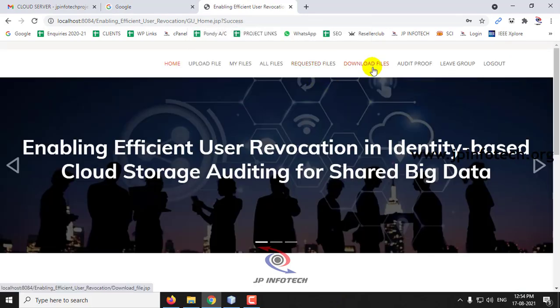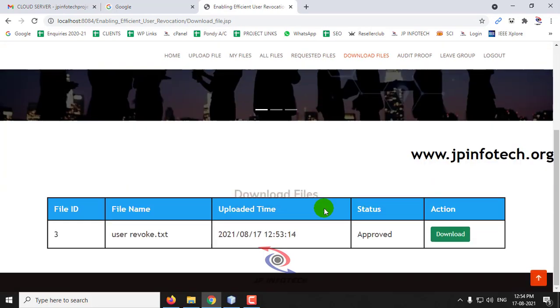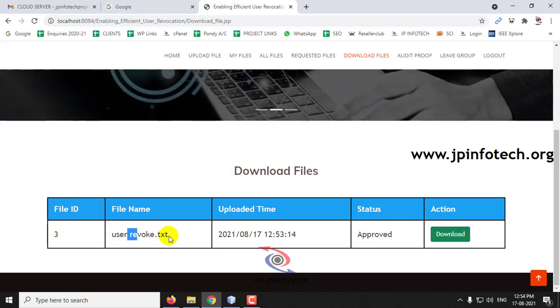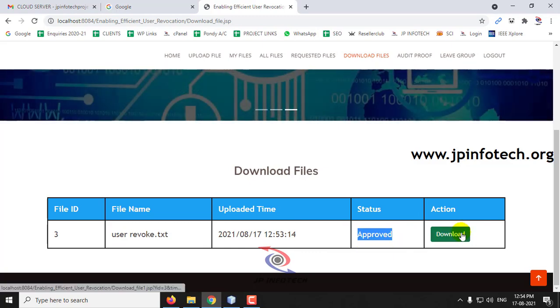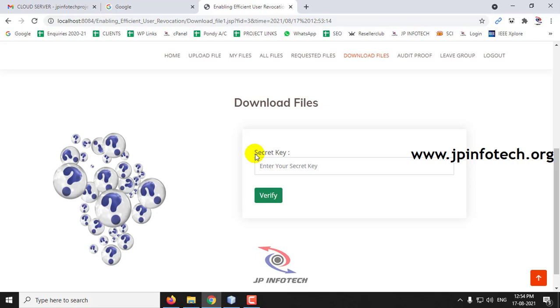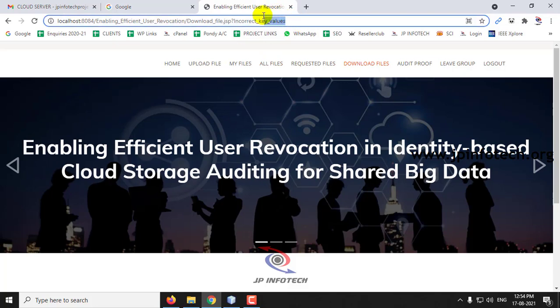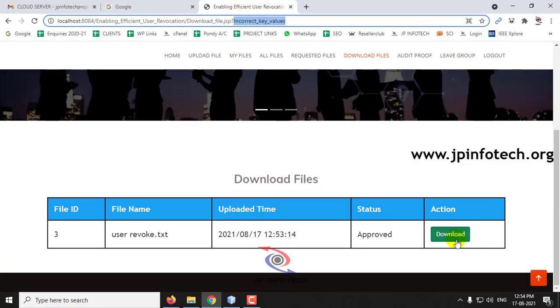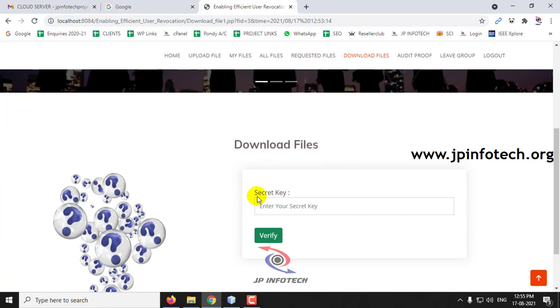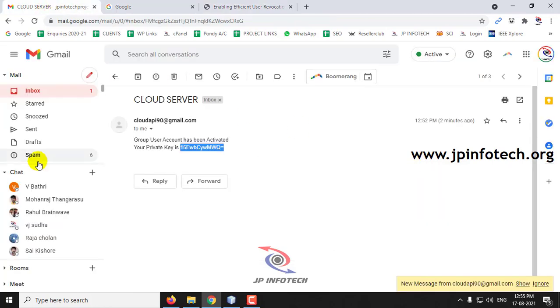And now if you go to download files, here you can see the file ID with the file name which we requested, and the status is approved now. And if you want to download it, just click download, and it will ask for the secret key. And if you give some dummy key, it will not be downloaded, it will say incorrect key value. So if you want to enter the exact key value, just go to your email,